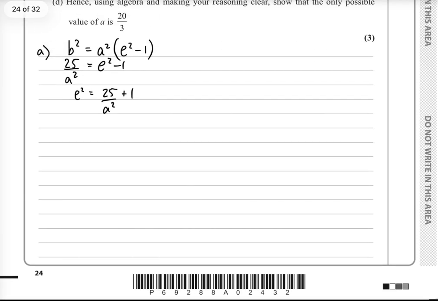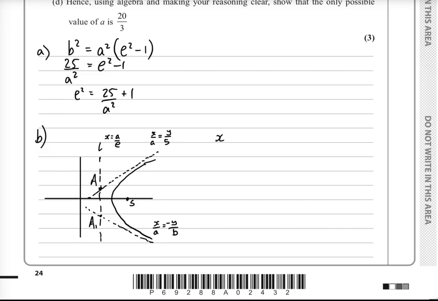Take that diagram down here, and using the equation of the directrix, we can rearrange this to give x over a is equal to 1 over e, and I can substitute that in directly here. So 1 over e is equal to y over 5, or if I want to do them both at the same time, y is equal to plus or minus 5 over e. So the positive root is A, and the negative is A', or what I've written as A1 on my diagram for some reason, A'. The distance between the two then, which is what we actually want, A to A', is